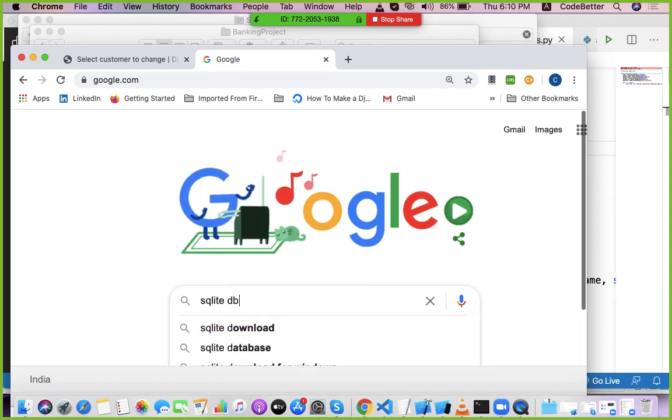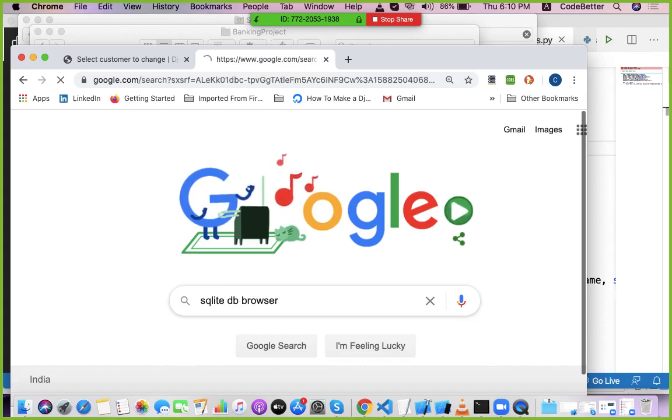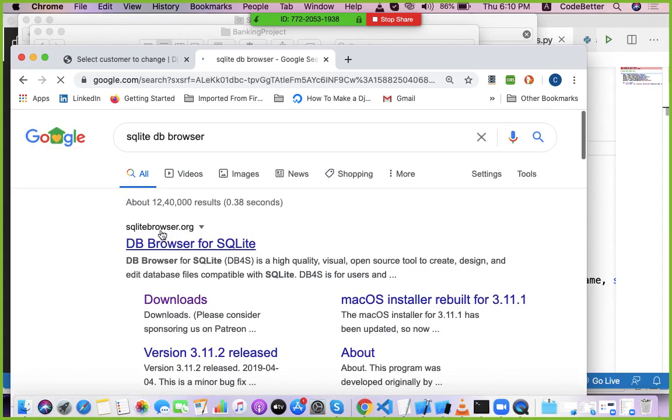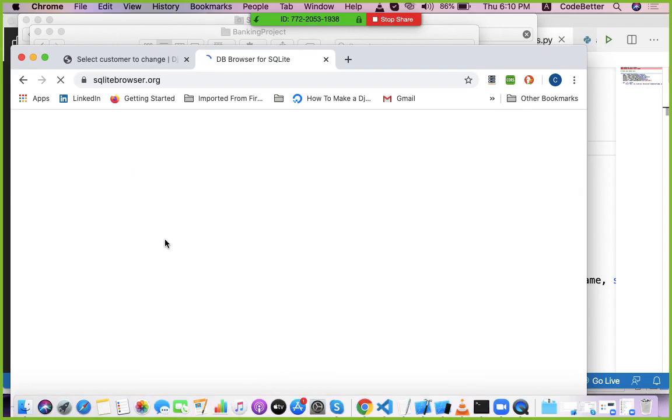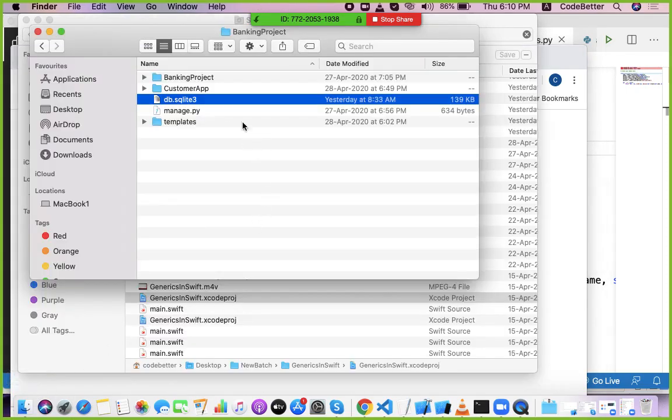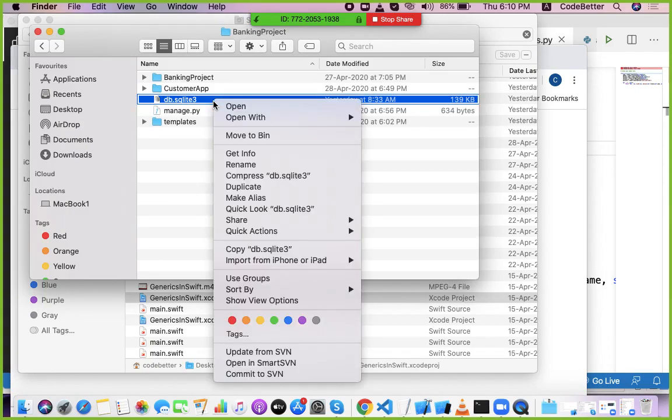SQLitebrowser.org is the website from where you can download the tool to browse the database. I suggest you download it once so that you can look into what is in the database. I have already installed it,